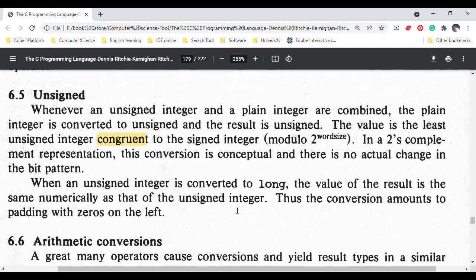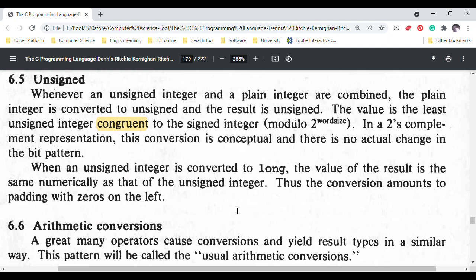6.5 Unsigned. Whenever an unsigned integer and a plain integer are combined, the plain integer is converted to unsigned and the result is unsigned. The value is the least unsigned integer congruent to the signed integer, modulo